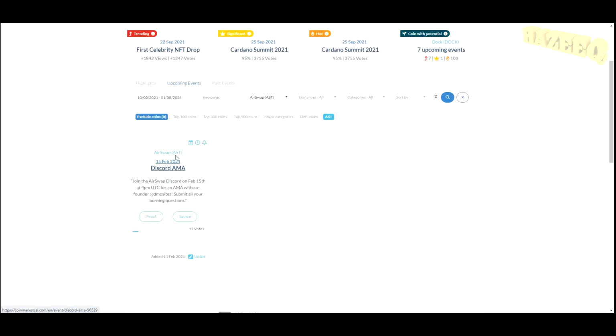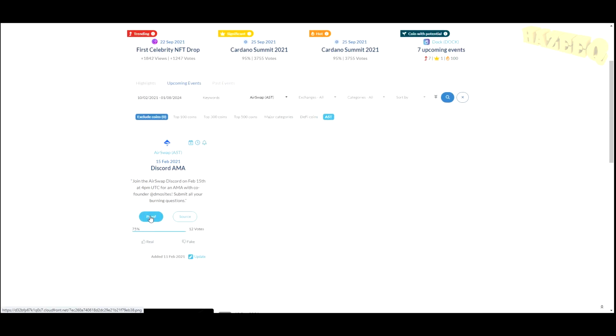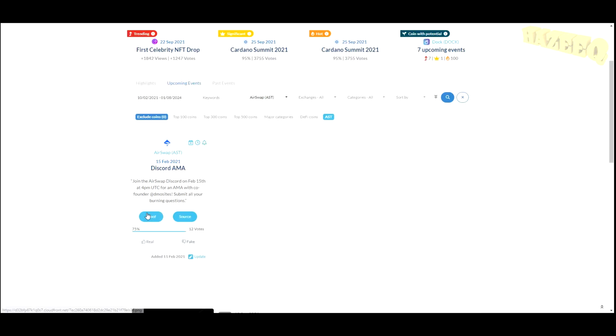Okay, for February 15th, Discord AMA. And here you have proof and source. You can click on these to see the proof. Yeah, here they have their tweet from Twitter. Join the AirSwap Discord on February 15th. So basically this is going to give you the proof. This is going to give you the source. If you click that, it will take you straight to Twitter where the proof was